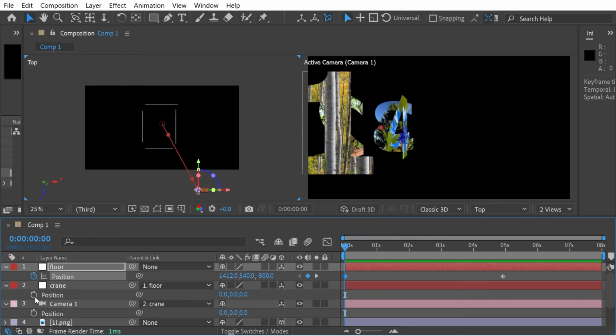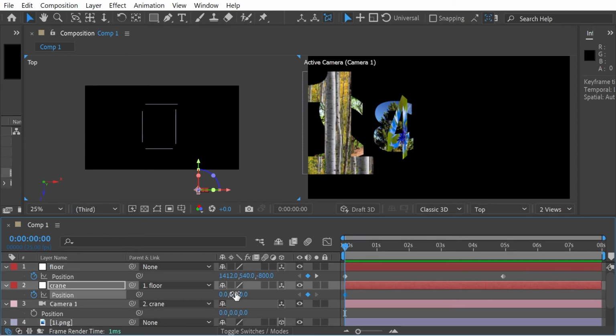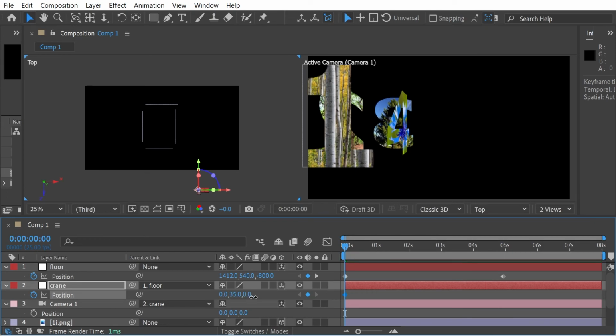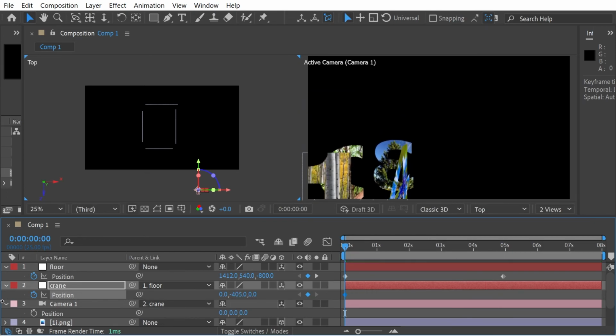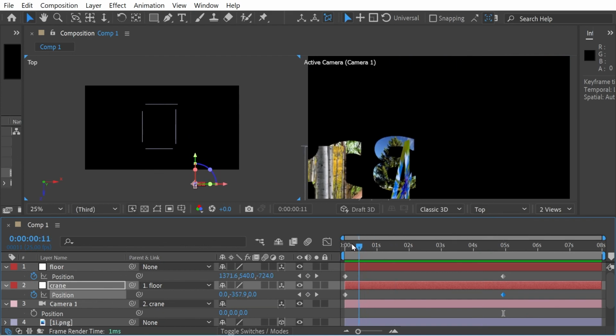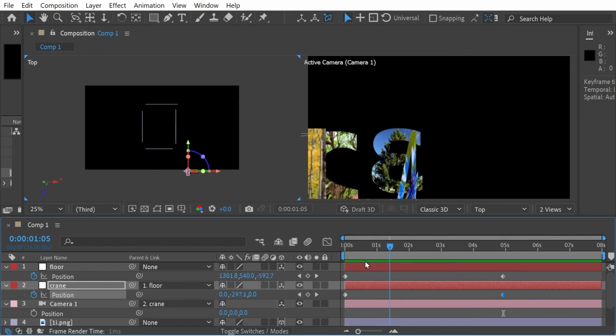So for instance, we could change the position of the crane here. We could say we want it to be like a little bit higher up, right? So we'll go a little bit higher up here. So you can see how that looks. So you see we still go along the same path,